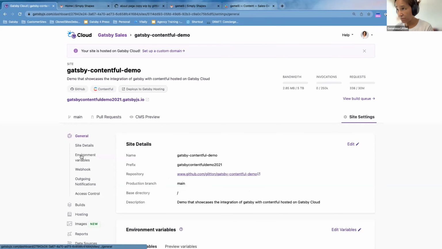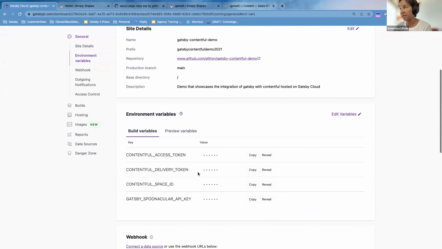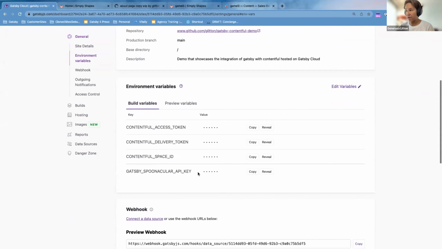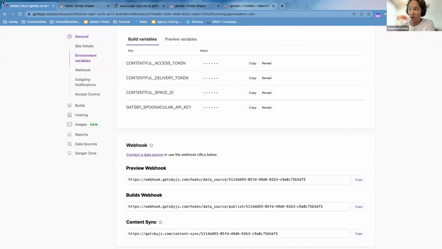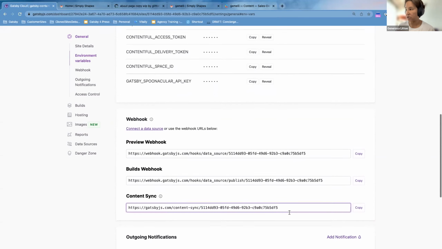The other thing you need to know is that when you're setting up your CMS, you can also do previews. We have what we call Content Sync, a new feature in our previews, which allows you to see your previews where you're at. In the past, when you previewed a Gatsby page in Contentful, you would need to know where you actually made the change. Now with Content Sync, whatever you changed in Contentful and you hit preview will actually go to that page. So this webhook you'll need to add into your CMS.